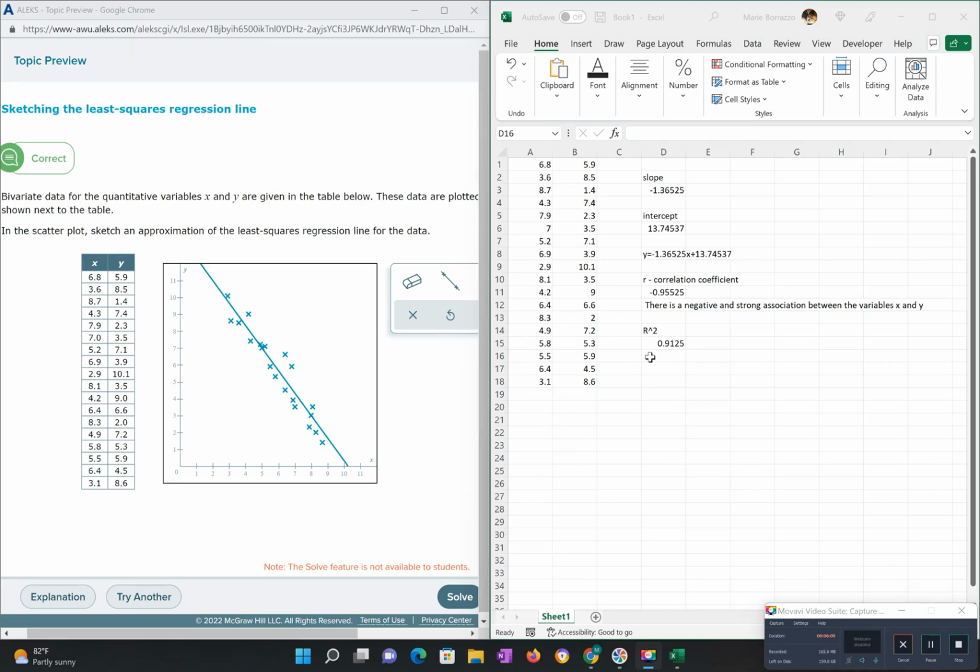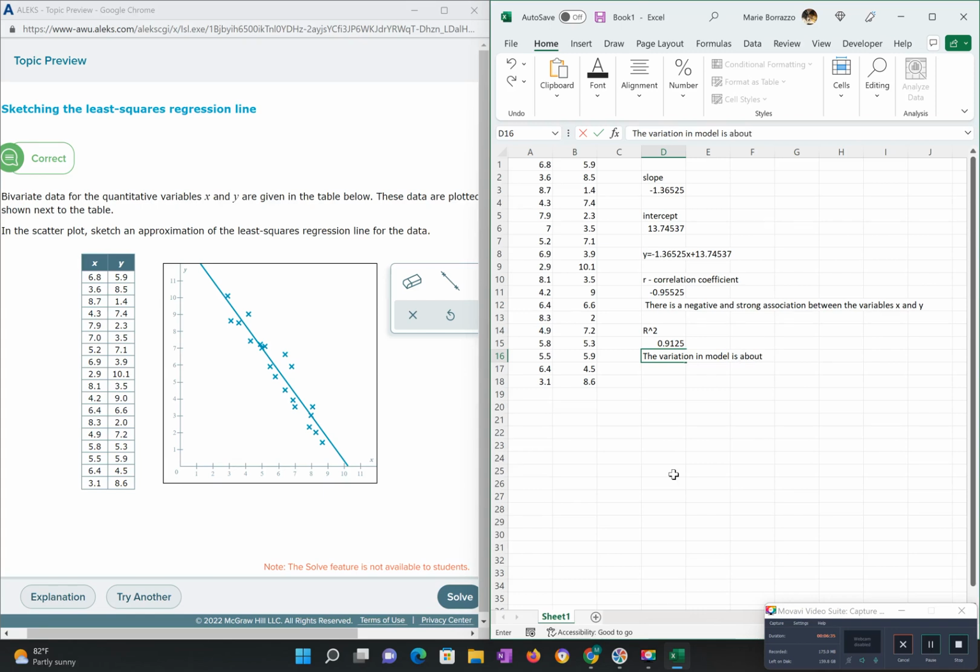So the way we would explain this one is basically look at it as the variation in the model. So we would say in this case, the variation in the model is